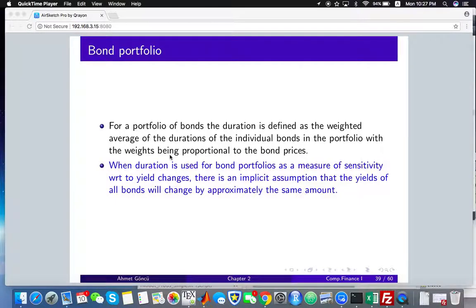Okay, we have seen what the bond duration means. We have defined this concept. But another point of interest might be what happens if we have a portfolio of bonds, that is more than one bond